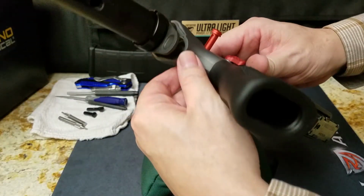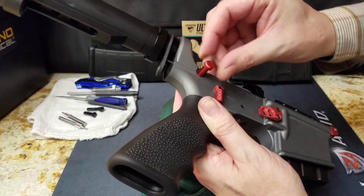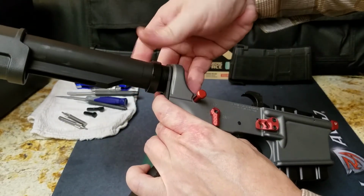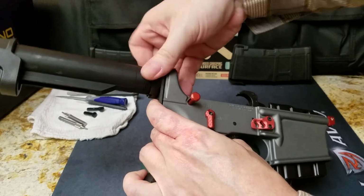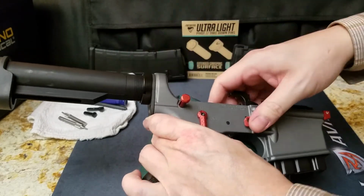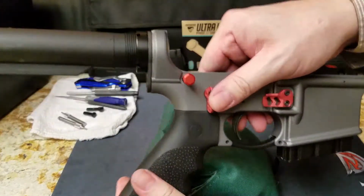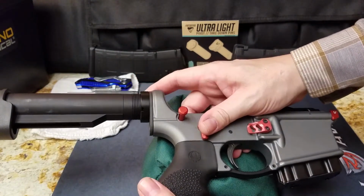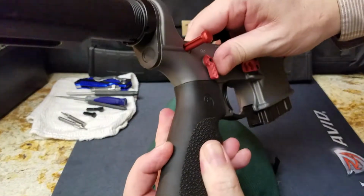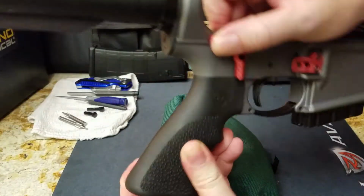And once I lean this forward, ideally, yep, I see the detent in there. Should be able to put pressure back on that. Snug this back down. Just going to do it hand tight for the moment, just for the video's sake. Once I close the camera, I'll go ahead and give that a real wrenching. I believe they're supposed to be 40 foot-pounds is what it's advised. So let's see if it stops it. Yep, looks like the detent is where it should be. Probably need to lube these a little bit too, just to make sure they're...